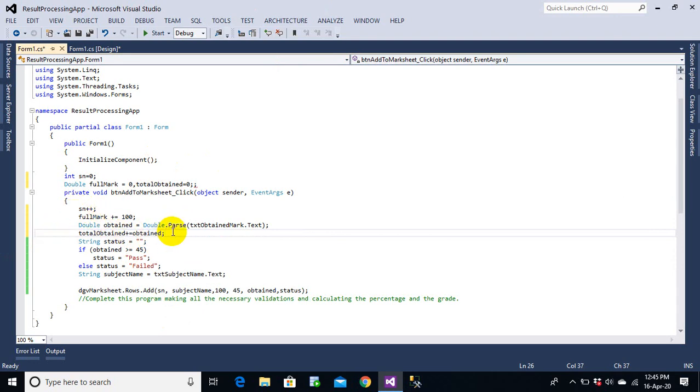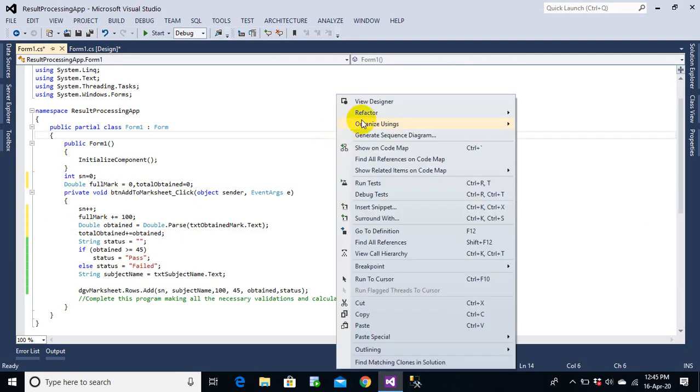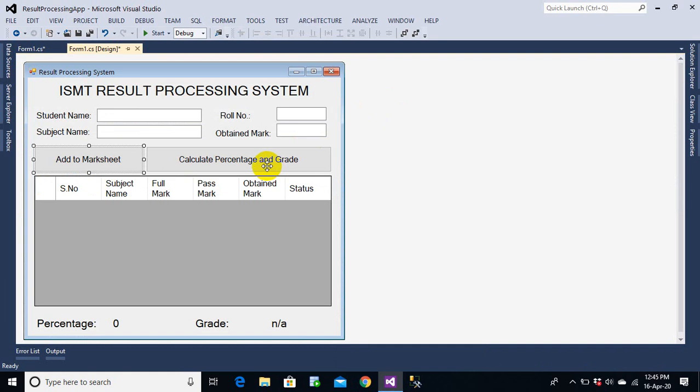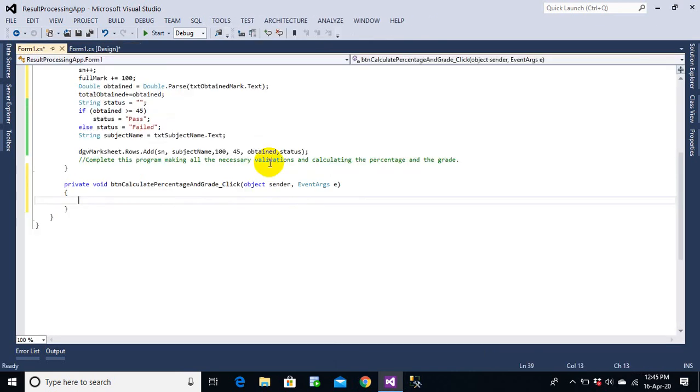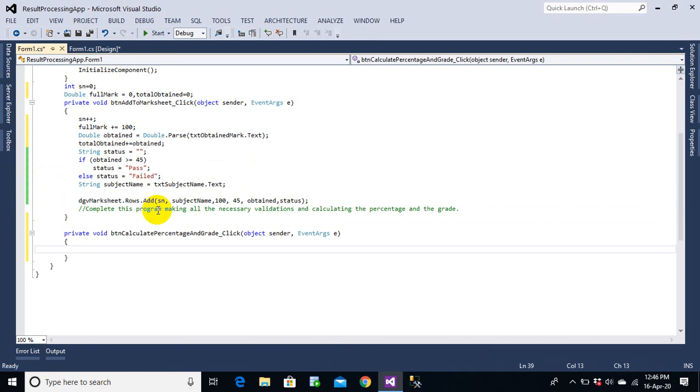The next thing to be done is to calculate the percentage, which can be done by clicking some other button. For example, I want to click this button here. Once I click this button, I want to calculate the percentage and display the percentage. So how can I do that? I can do that percentage calculation by